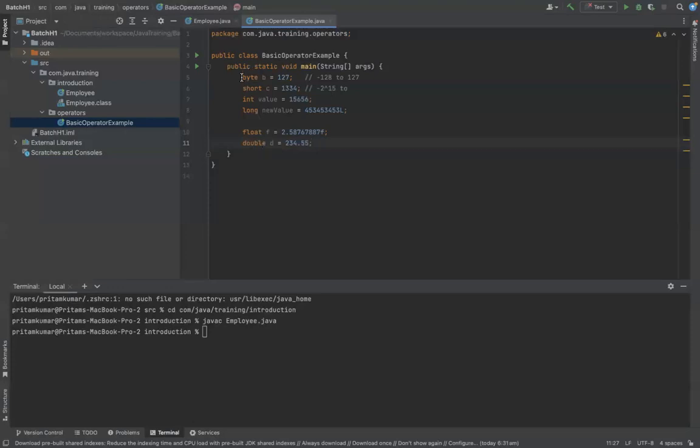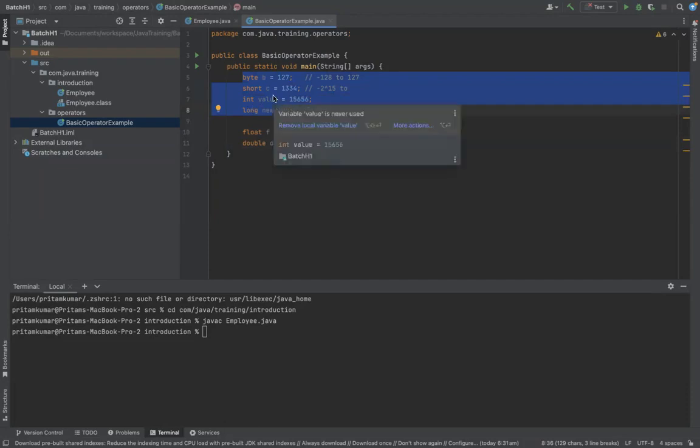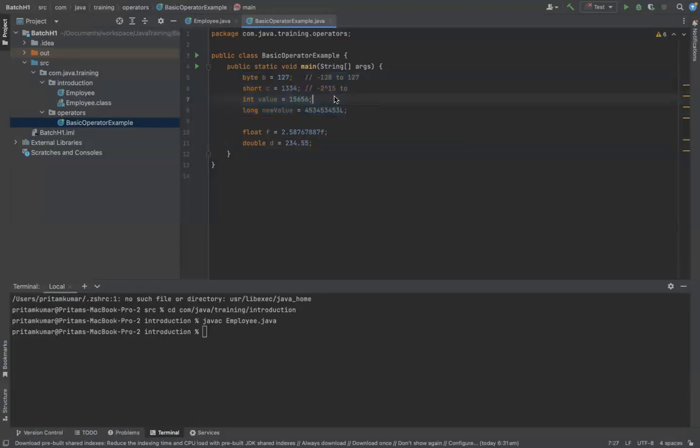Like in the above examples where we saw from line 5 to line 8, we were storing integer numbers or whole numbers, means there was no decimal provided in any of the numbers, right? So byte, short, integer, and long are basically used for storing whole numbers or natural numbers or integers. So there was no involvement of any decimal after any of the values. Now float and double are basically used for